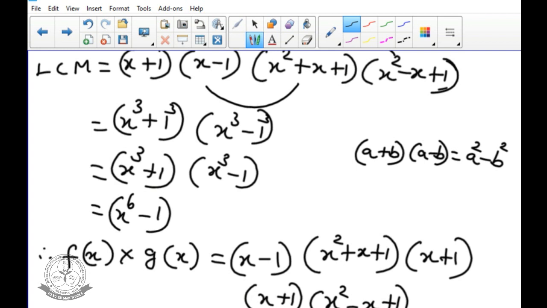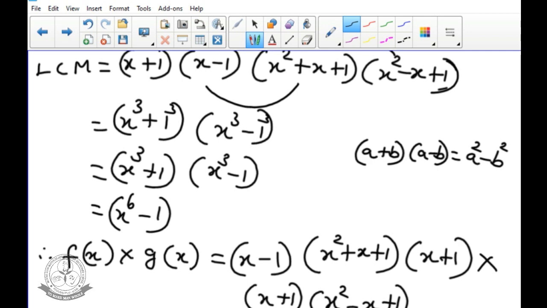We can apply the formula a cubed minus b cubed, so we get (x minus 1) into (x squared plus x plus 1) into (x plus 1) into g of x. g of x is x cubed plus 1. We can apply the formula a cubed plus b cubed, which is (x plus 1) into (x squared minus x plus 1). So the first two terms' product gives x cubed minus 1 into x plus 1.